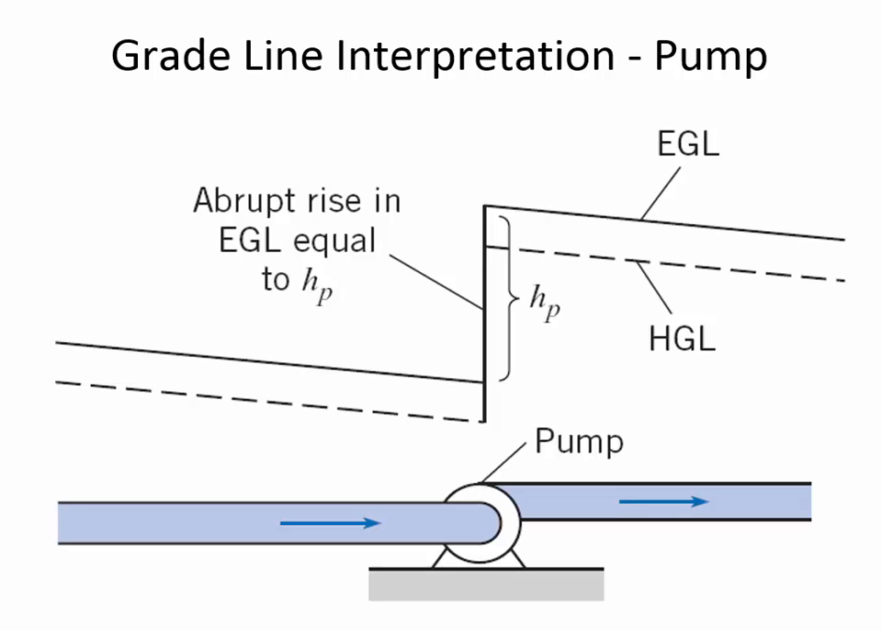Here is one that's showing a pump, and it's showing that the energy suddenly goes up because of a pump. And so the two lines are separated. EGL is always on top of the HGL. Most likely you'll have drawings like this in the homework and then maybe even on the final exam. So you have to be able to show each of the important characteristics for the system